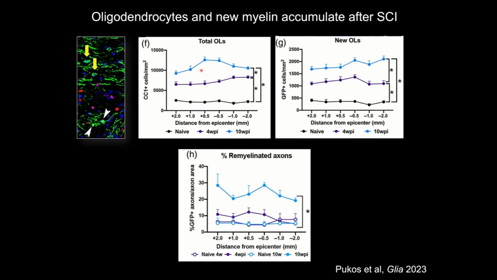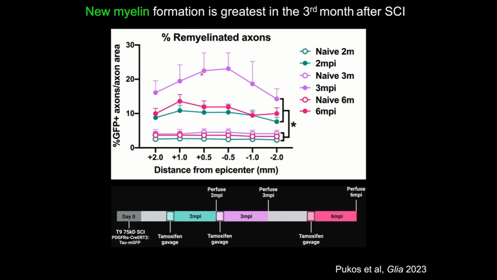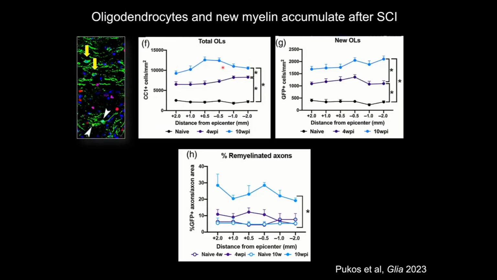She was able to also show that this new myelin is accumulating over time. One question could have been, was the new myelin that was formed early somehow damaged and lost, and the later myelin is just replacing it? This was a question that we've gotten at different times in the past. So to look at that, we asked: do the oligodendrocytes accumulate over time? And does the myelin accumulate over time?